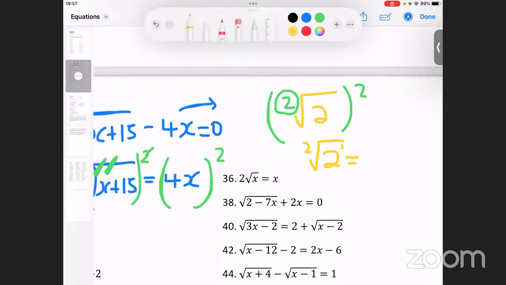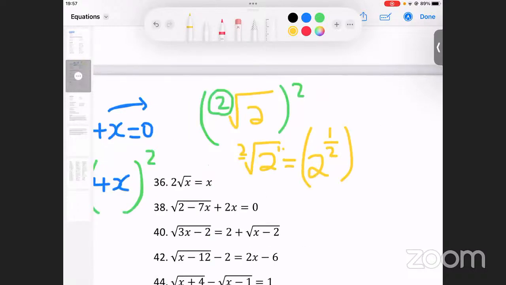Remember, there is invisible 1 there. There are a lot of invisible things there. There's also invisible 1 there, but let me not complicate it. Okay, so now this thing, it can be written as 2. You see that 1, you write it there, and then you see that 2, you say to the exponent of 1 over that. So the reason why when we say we remove a square root by squaring both sides is because when you square, then you have this half multiplying that 2. Then that 2 will cancel with that 1. And you have 2 to the exponent 1, which is the same as 2.